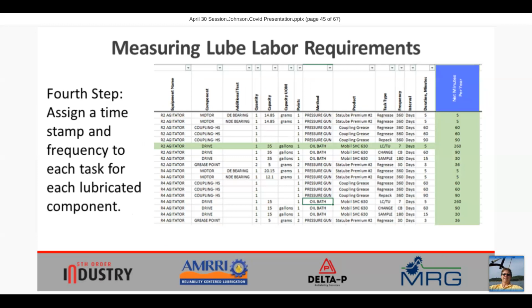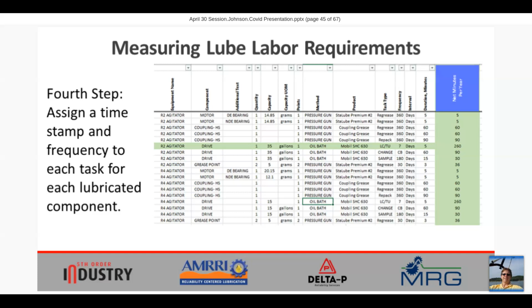Step 4, once you have allocated tasks by asset, you want to assign an interval, 7 days, and the duration, 5 minutes per task, so that you can aggregate the total number of minutes required per year. So 5 times 52, that's one visit each week, 52 weeks times 5 minutes per visit, is 260 minutes.